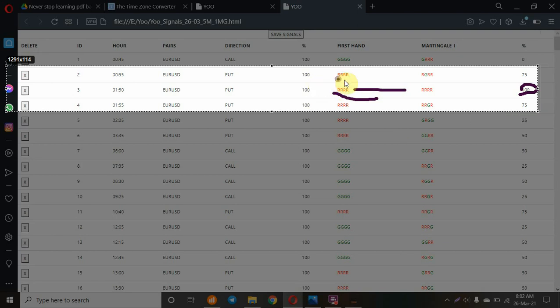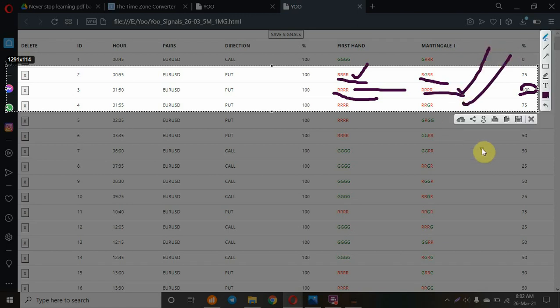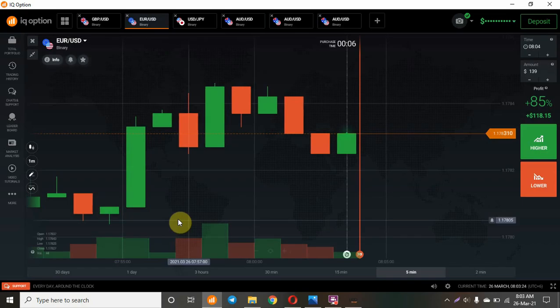So the previous ones are 4 red, 3 red, and in the present it is showing us 100, the more color, the same color. So the previous color is also dependable on this signal. So this signal is a very confirmed rate, and I'll show you these signals live.